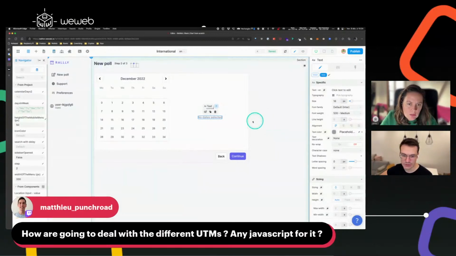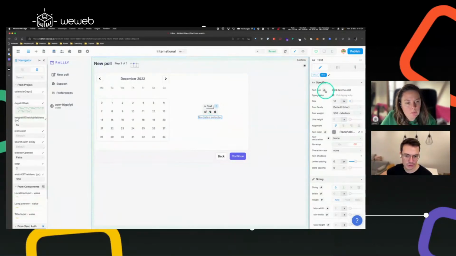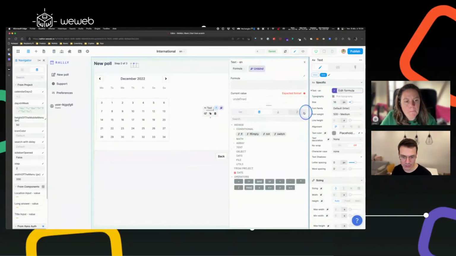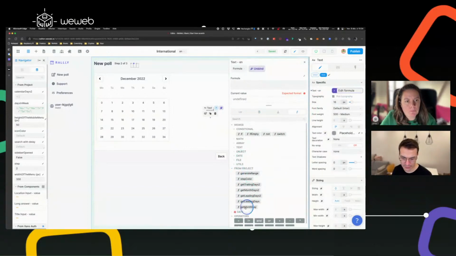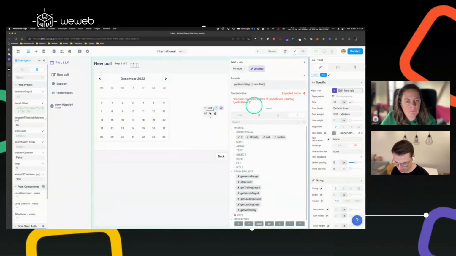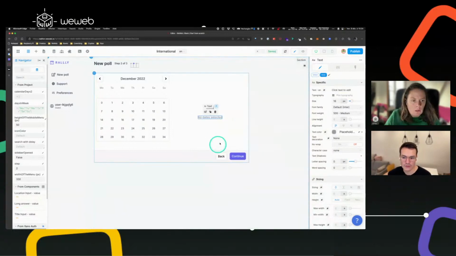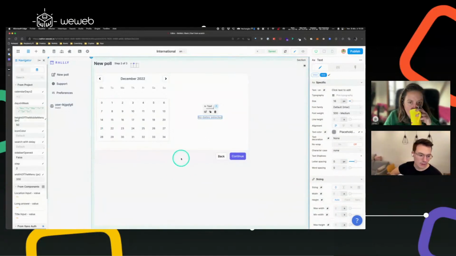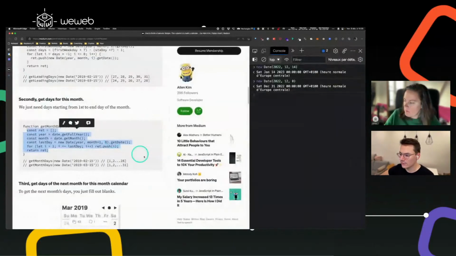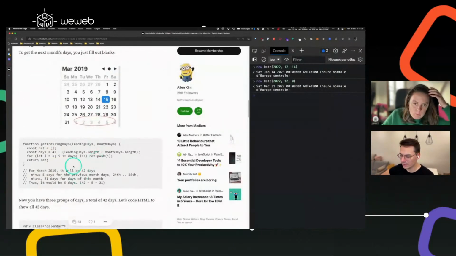So in the meantime, I will just try my new function. If I'm doing from project, get Monday, new date, it's giving me all the days in December, from 1 to 31. That's exactly what I want. And now I have one last thing to do, which is to get the days that are after the month,